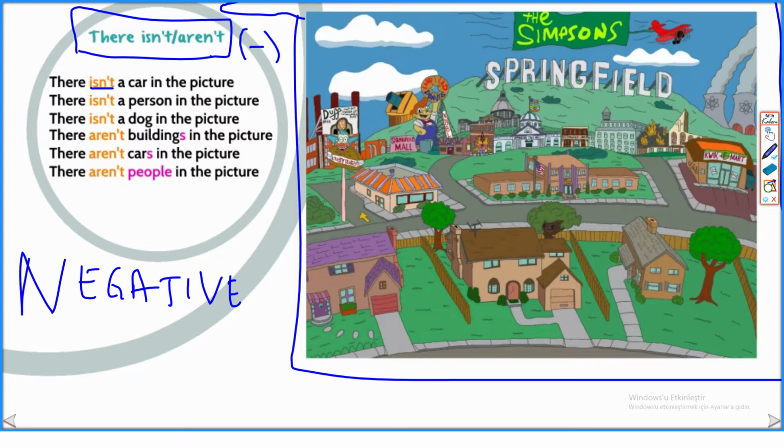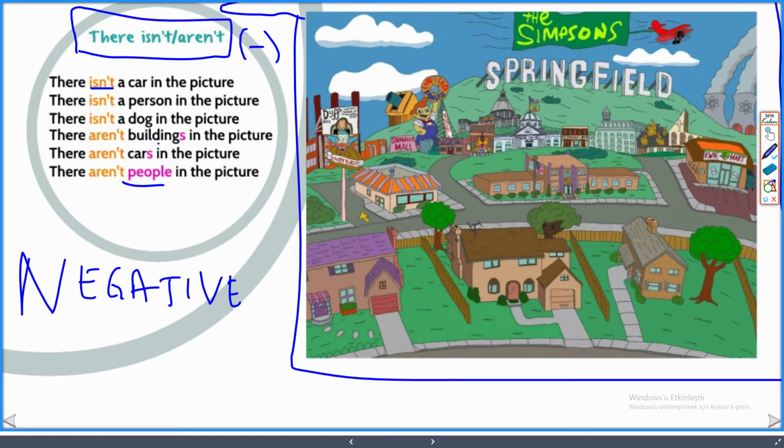There isn't a person in the picture. Can you see a person in the picture? No. There isn't a dog in the picture. We don't have any dog in the picture, and there aren't buildings in the picture. Can we see them? No, they are houses, not buildings. There aren't cars in the picture. Yes, there aren't people,